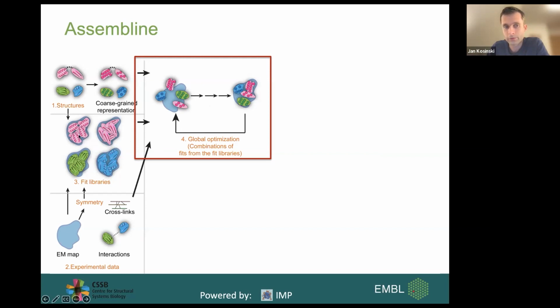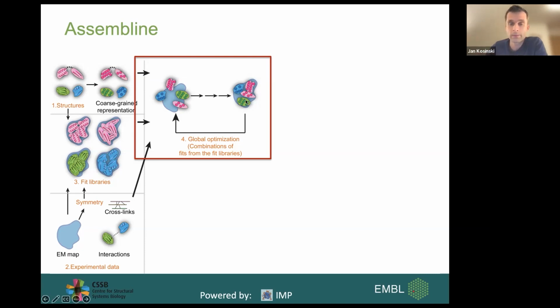So randomly drawing fits from these fit libraries and combining them together. And with the Monte Carlo approach, optimizing so they start fitting to each other and also to the electron microscopy map. And because for all these fits, we already calculated the fitting scores, we actually have the p-values, we don't have to recalculate the fit score to electron microscopy maps anymore during this Monte Carlo procedure.